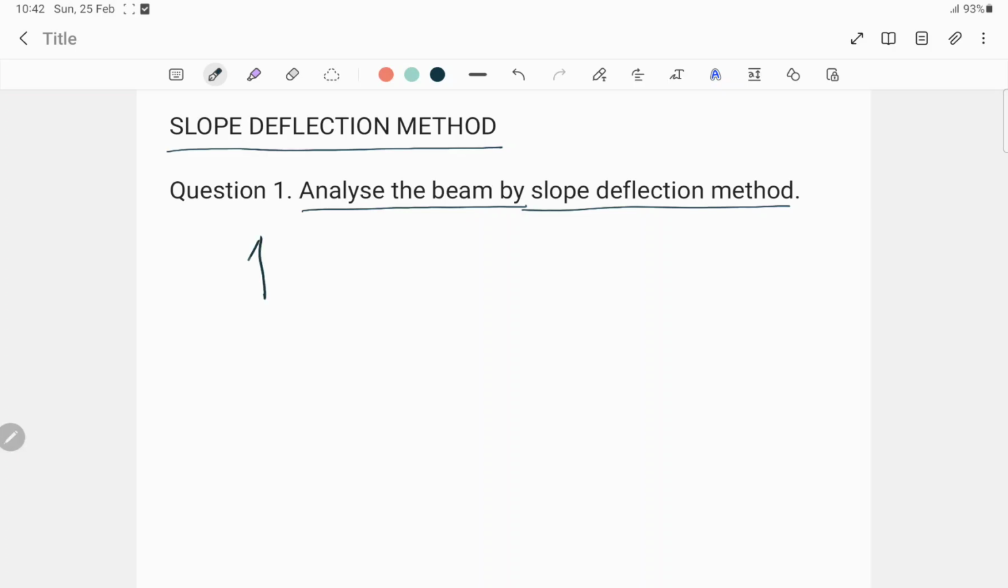So here this is the beam where both sides are fixed, and here one roller support is present, and here one load is acting, a point load, that is 30 kilonewton. This point is A, this point is B, and this point is C, and from A to B one UDL is acting over this span of